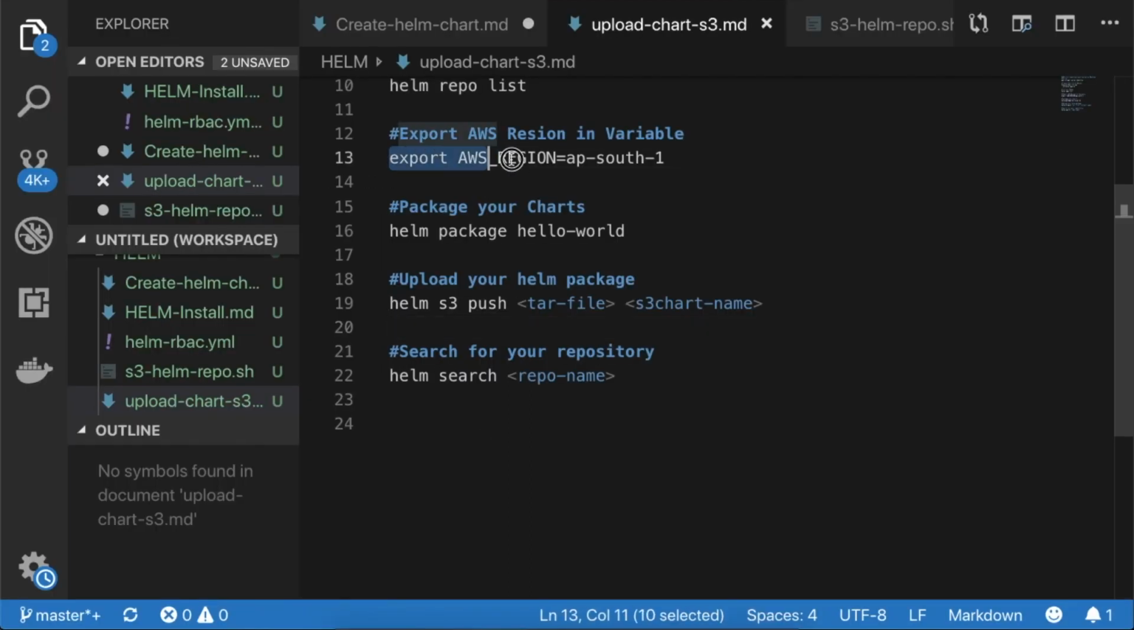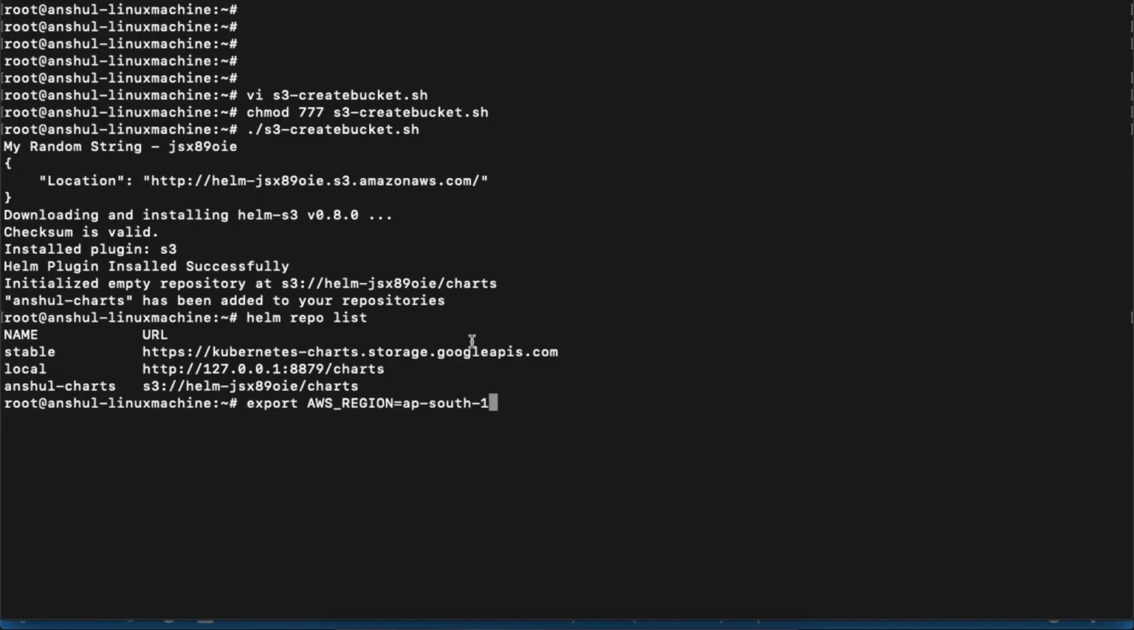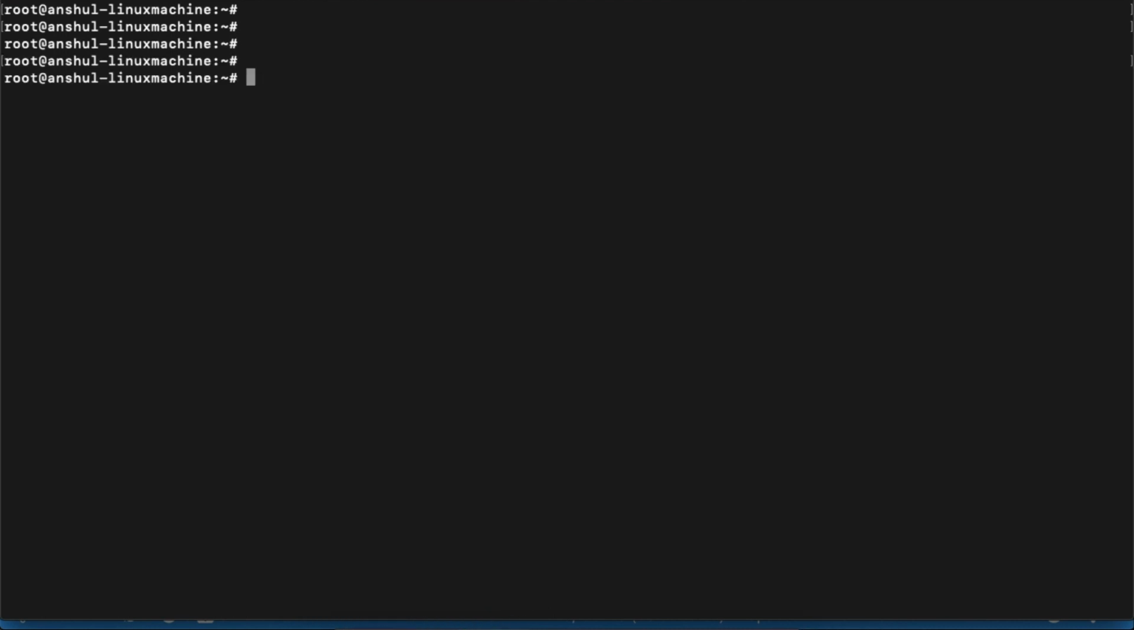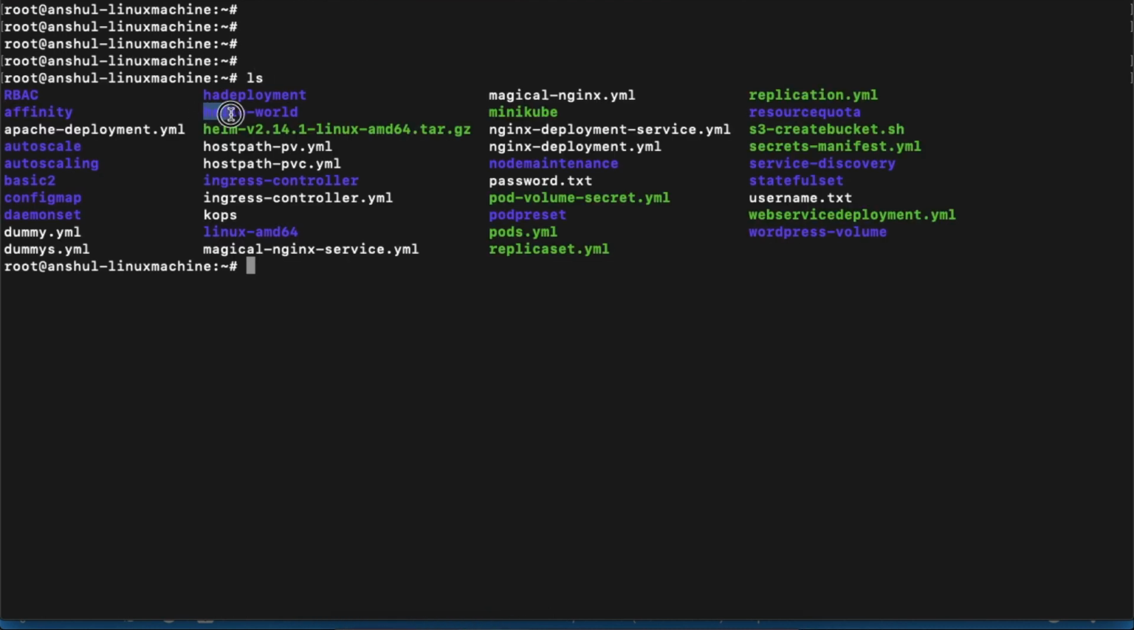Now after this, I need to export the AWS Amazon region. So I will copy this command and paste it here, right? If you want, you can execute echo dollar and define this particular variable. It should print the name of your region, ap-south-1. In your case, you need to define your own region. Once this is done, let's clear out the console, put ls, and you can see this is the chart which